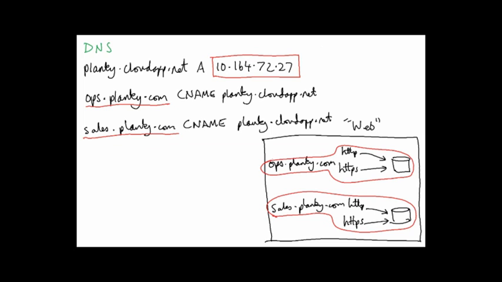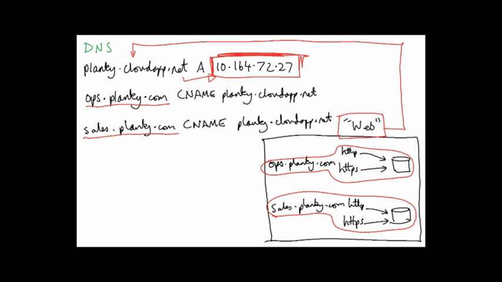Okay, so the question is, what IP address do both of those live at? Well, there is only one IP address, and the IP address is whatever the website is bound to, and we know that the website has the name of planky.cloudapp.net. It's there, and that has an A record of 10.164.72.27. So that site is bound to this address. So what I've effectively got is all three of these sites are all bound to one address,